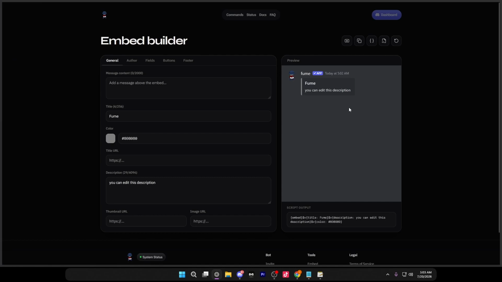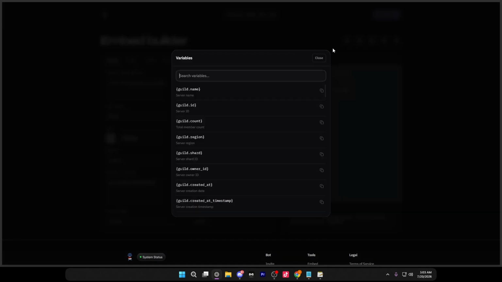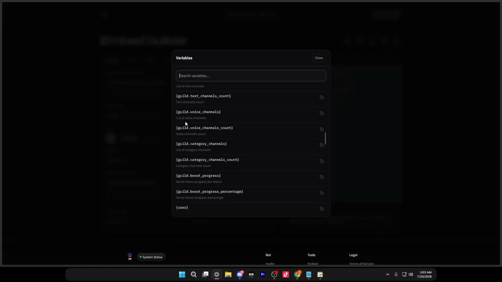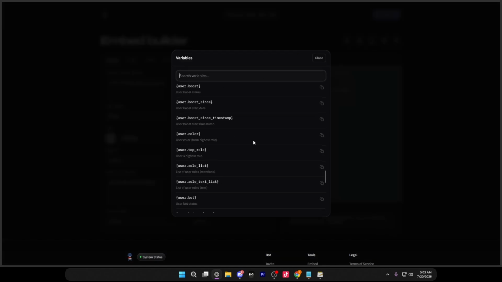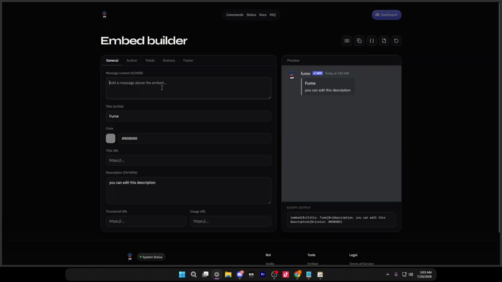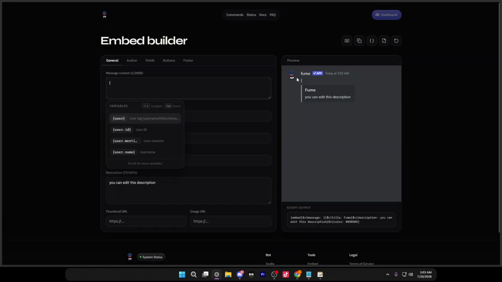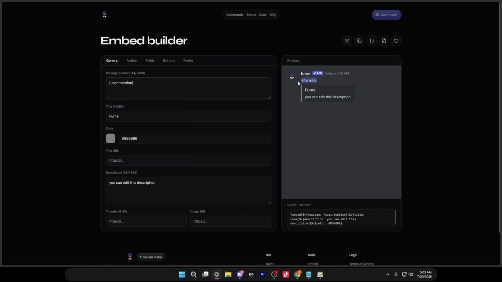To start off, we're going to go to message content and we're going to add a variable. What do these variables do? These are basically just mentions and channels that you can use within your server. So in the message content, which is what the bot actually types instead of inside of the embed, we're going to put user.mention to mention the person, and then we're actually going to delete the title and put welcome